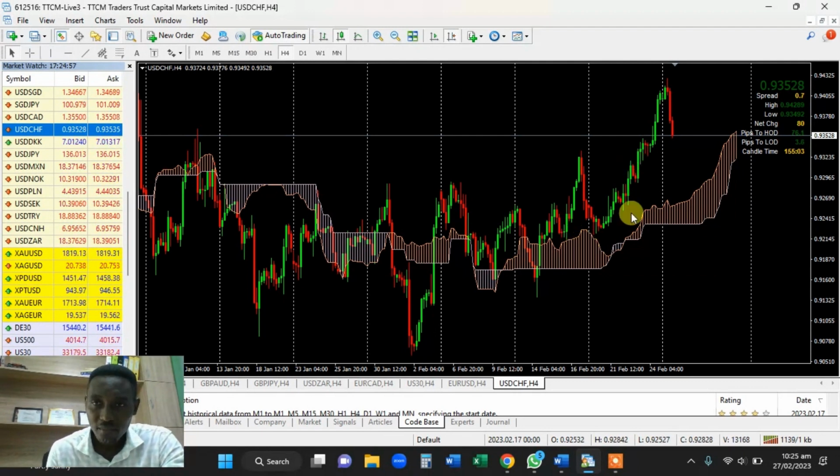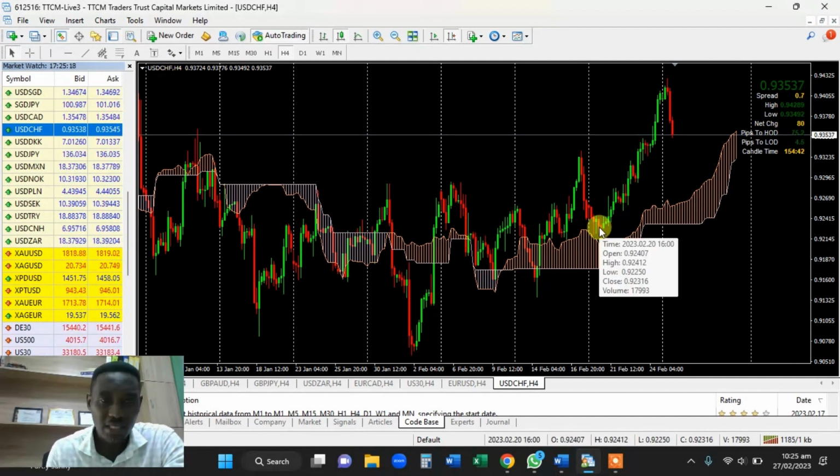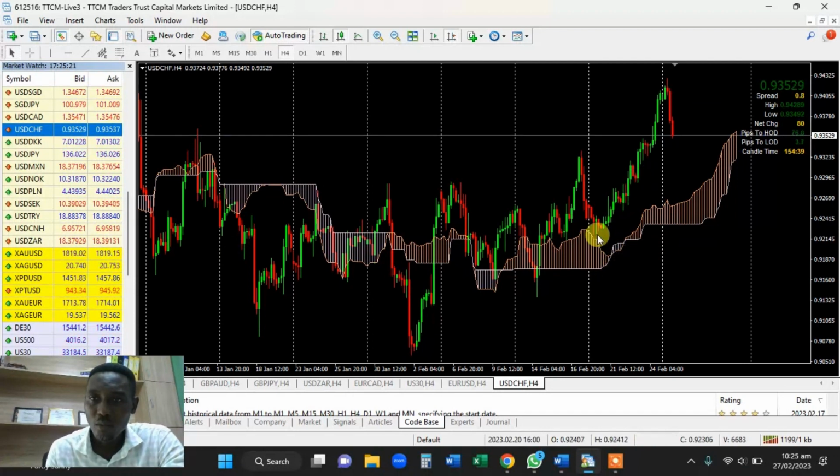So for the purposes of those who just started trading, and because this is the initial series, the very basic, let's look at the pair USD CHF for just beginners. But beyond that, we will not be interested in the pair. So we have a situation whereby the candlesticks, this is called the candlesticks, they are above the cloud, meaning that we are expected to buy.